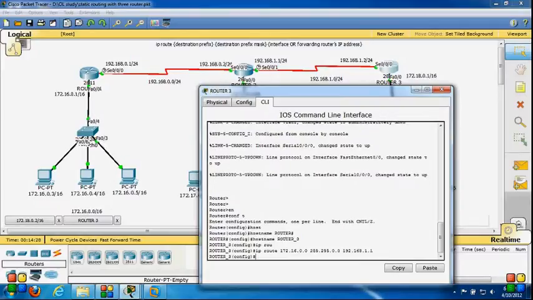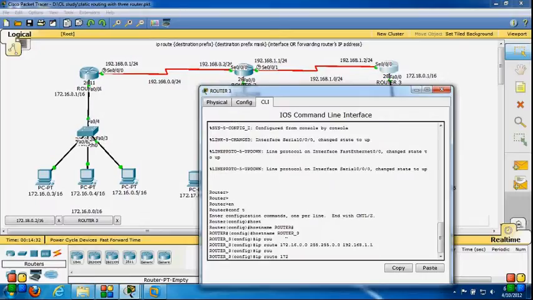One more static entry I have to create: ip route 172.17.0.0, the subnet mask is again 255.255.0.0, and the next hop IP address will be the same, because this network is connected to router 2. So 192.168.1.1 is the next hop IP address.